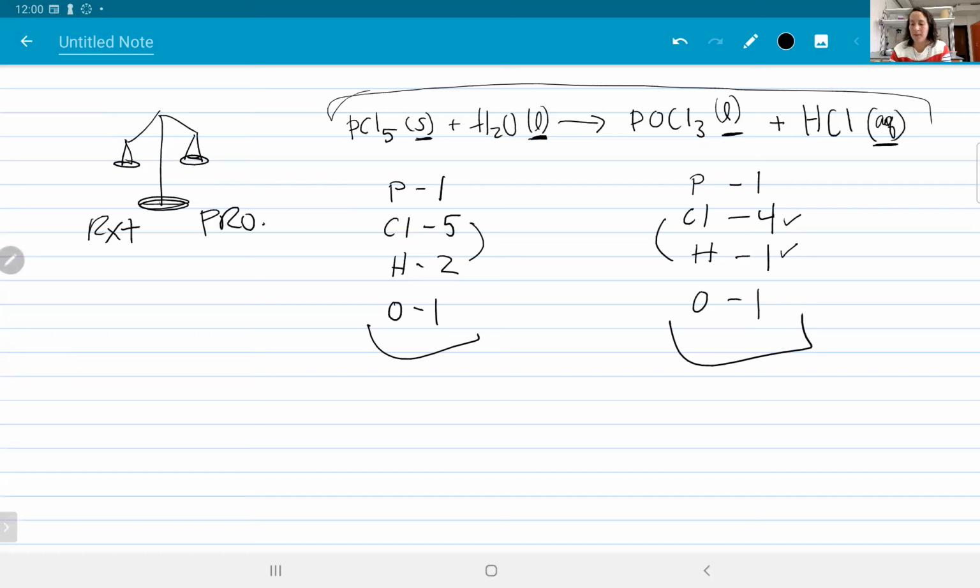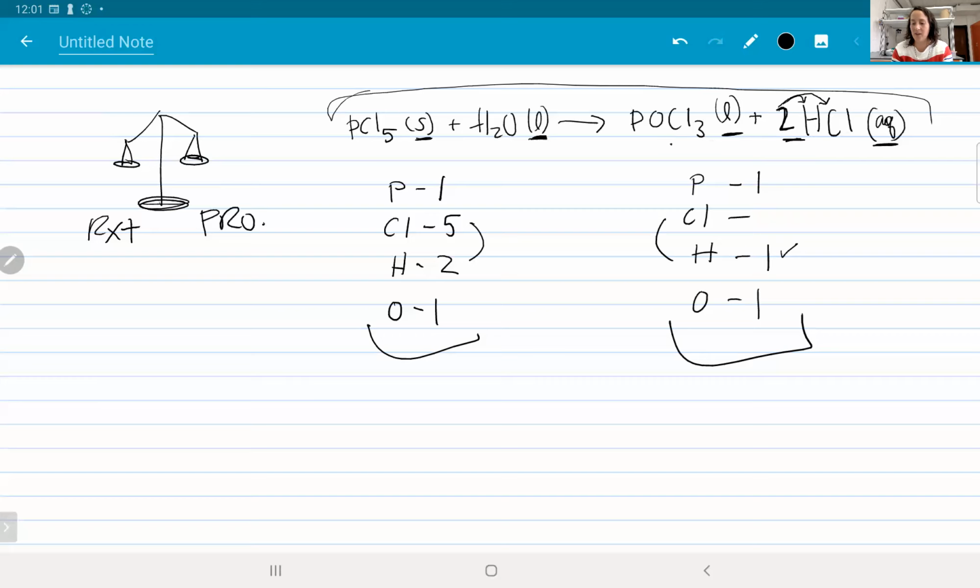So right now, remember, this coefficient is, so far, a 1 because there's nothing there. And so what if I make that a coefficient of 2? So what if I take away that 1 and I say I have 2 HCl? So remember, anytime you put a coefficient in front, you end up multiplying out that subscript for each of those species. So instead of having 4 total chlorines, if I put a 2 in front of the hydrochloric acid,